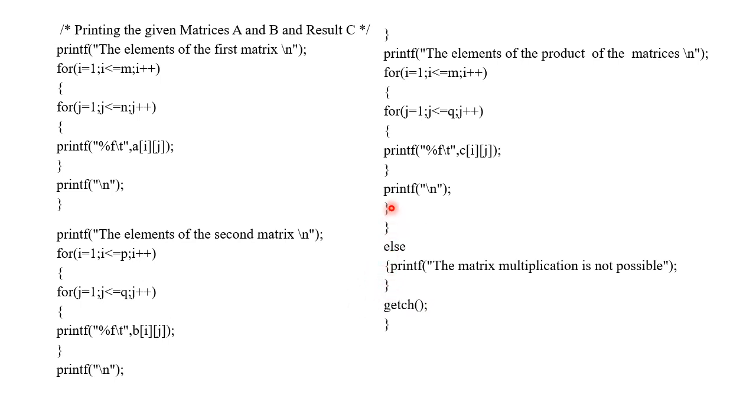You have to count the braces. How many braces opened, that number of braces should be closed. This is the bracket for that if statement. Getch, and this bracket is for the bracket we have already opened in the void main. Okay. So when you go to the C program and see, whenever there is an open bracket, a corresponding closed bracket will be there. Similarly for braces, whenever there is a brace opened, here it is opened, here it is closed. Here it is opened, here it is closed, and so on and so forth. Okay, thank you.